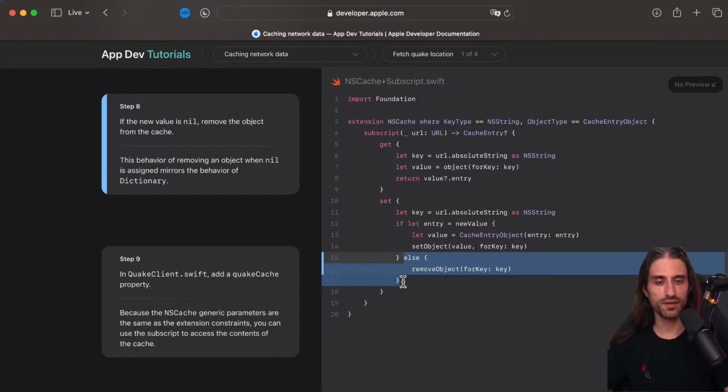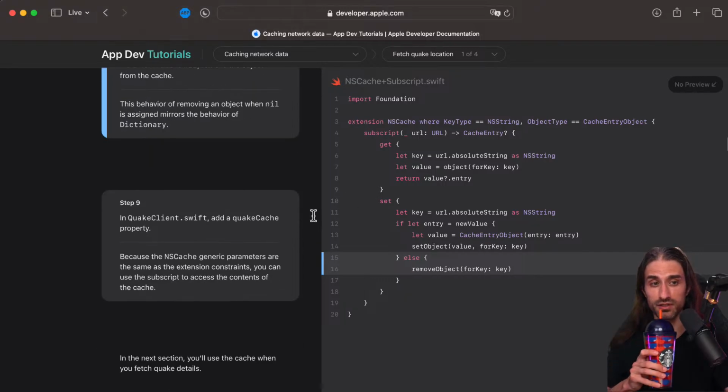So it's something to be really careful about when you implement the setter of a subscript, is that you want to make sure that you handle all of the possible values and that you don't leave any possible value that could be assigned unhandled, because if you do that, whoever calls your code, calls your subscript, will not be aware of it, and that's a really good recipe to get some really nasty bugs.